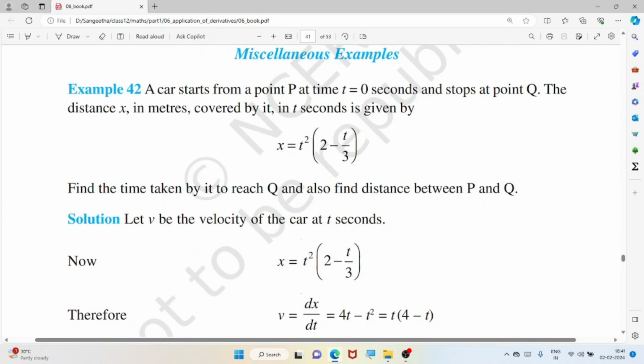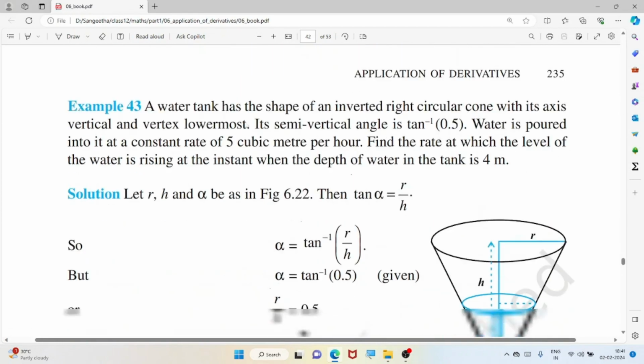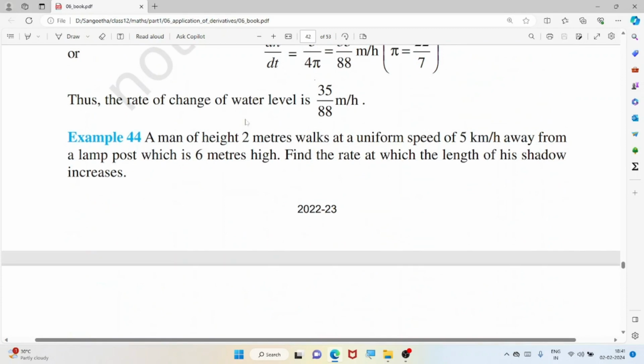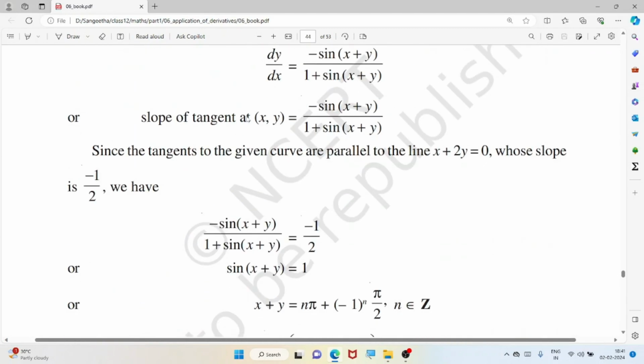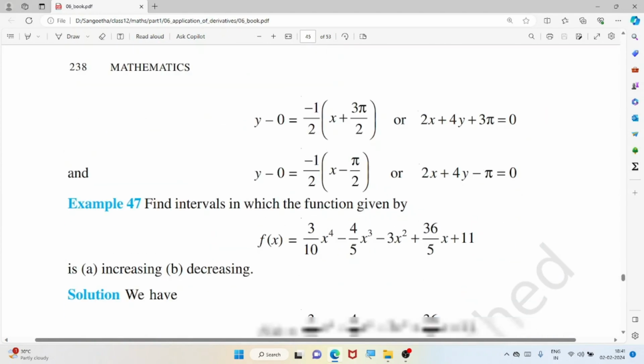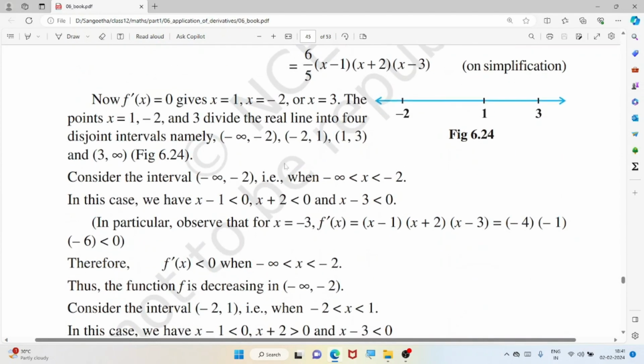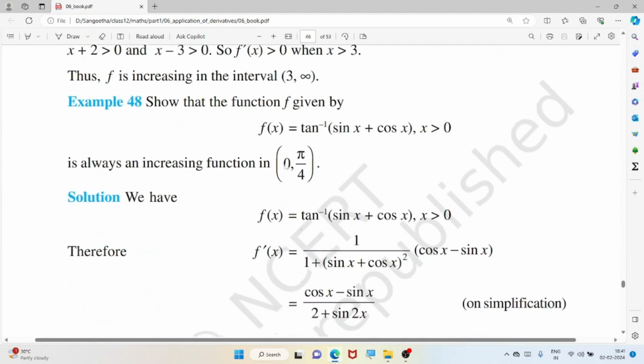Okay, these are some miscellaneous problems. In each topic you should try some problems yourself. Okay,